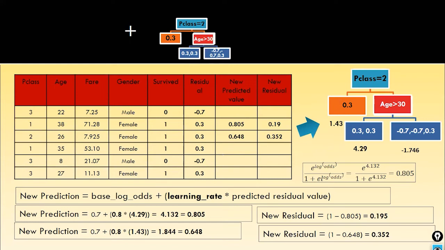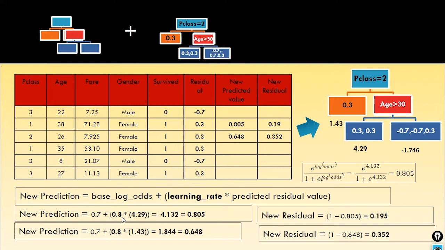Now we can find out the log of the odds prediction with this equation. The new prediction is the base log odds plus the learning rate times the predicted residual value. For the sake of simplicity, I have taken only 2 observations here, the second one and the third one. What is the base log odds? For the base model, the first model, the log odds was 0.7